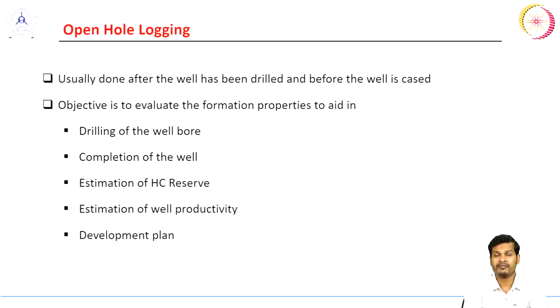Let's say, for example, how many zones are there. So whether we go for a single string completion or dual string completion, whether we need to isolate the different zones using packers, or the fluid could be produced together from different zones. Those types of things can be optimized by knowing the data about the formation. It will help us. And the estimation of hydrocarbon reserves and estimation of well productivity is the fundamental objective